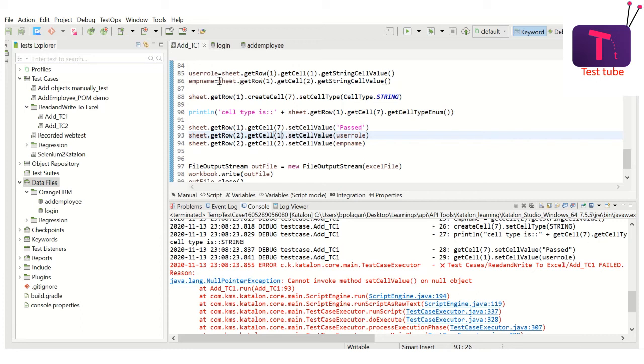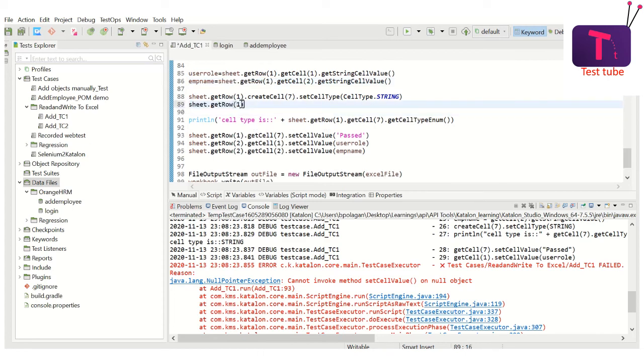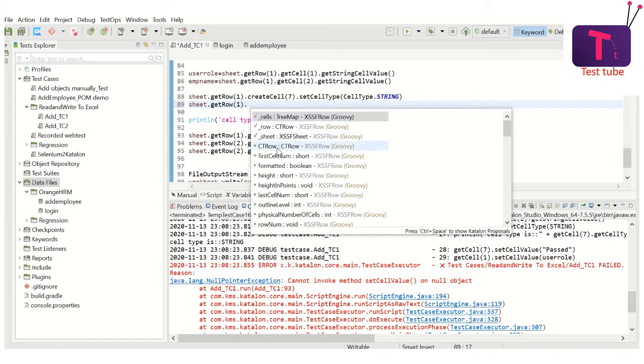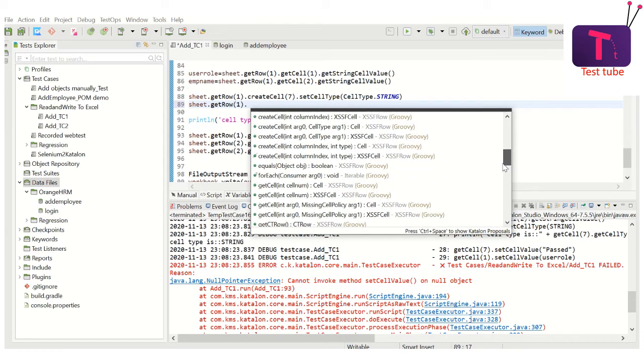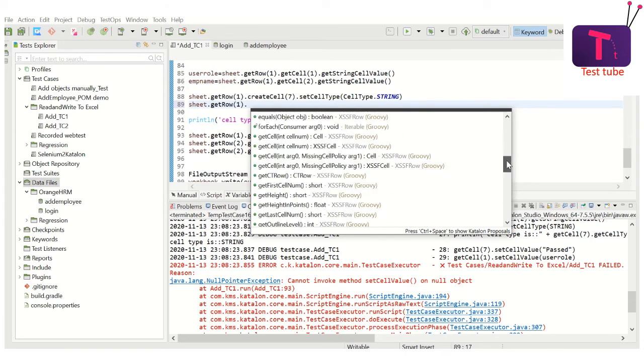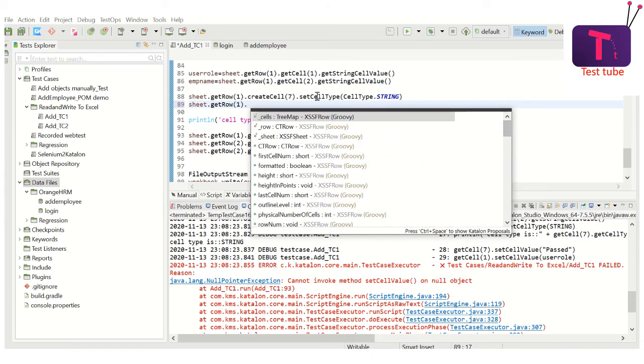So that's what has happened, and you will see you have access to a lot of methods over here. You have a number of methods which you can explore by yourself when you start scripting. So what I wanted to do is create a cell, right?